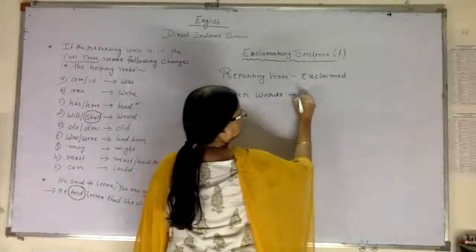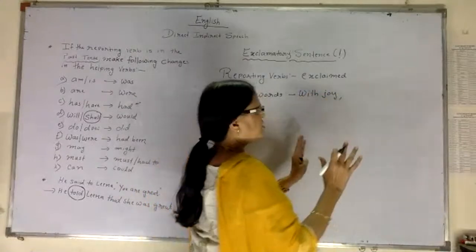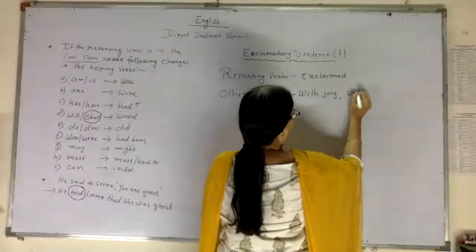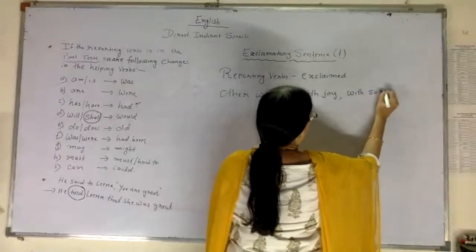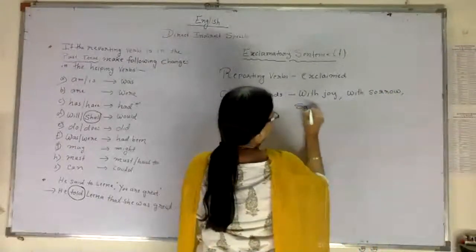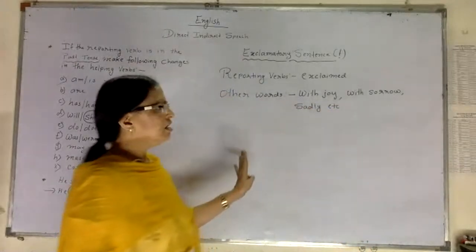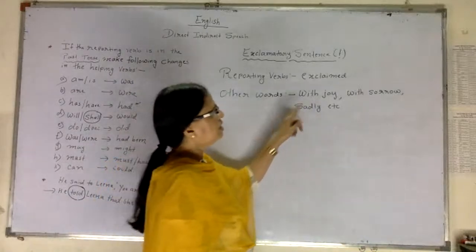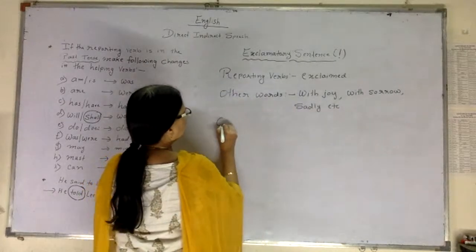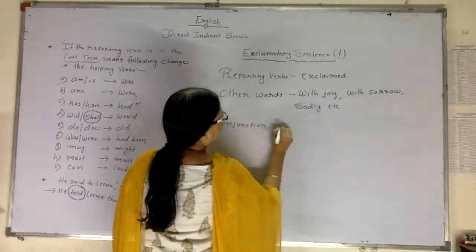So for that you can use there with joy. After reading the sentence, you may come to know okay, this expression denotes joy. Then you can use there with joy, then with sorrow. Or you can use even joyfully, sorrowfully, sadly, etc. Whatever emotions are there, it will always be clear from the statement. You have to use these other words. Then the conjunction we are using, that. As usual, we will use the conjunction that.